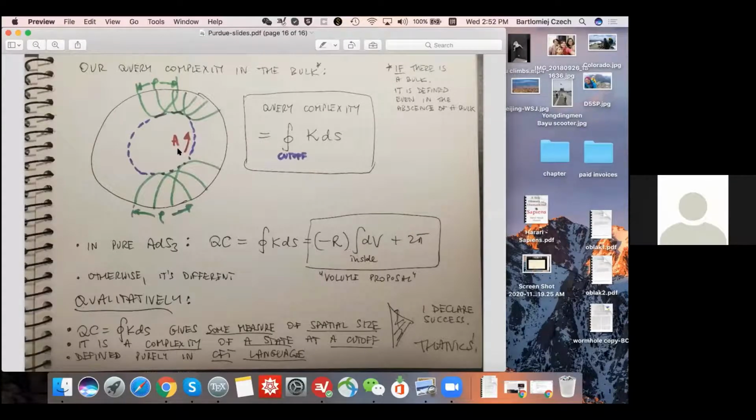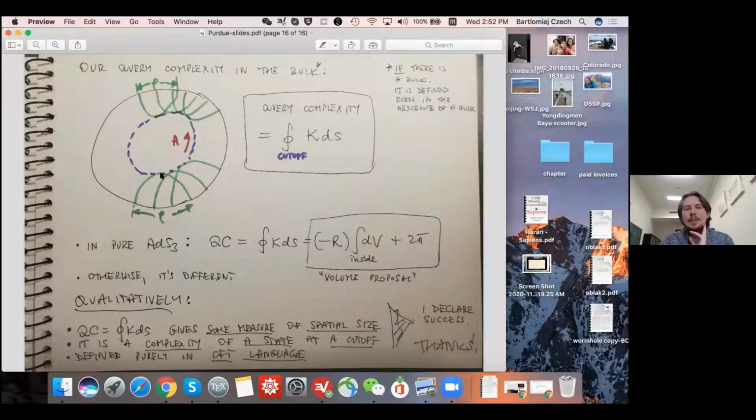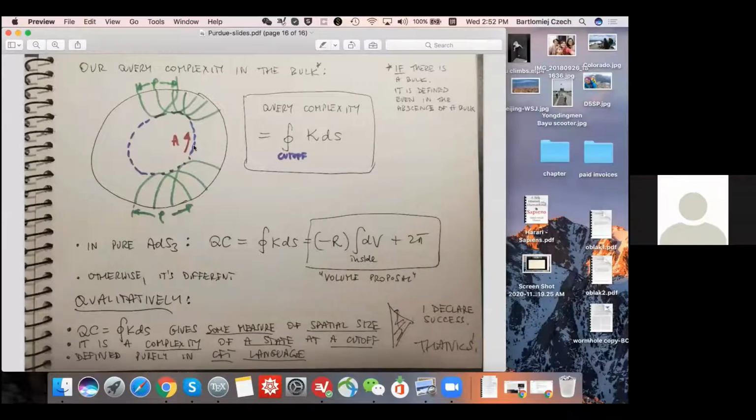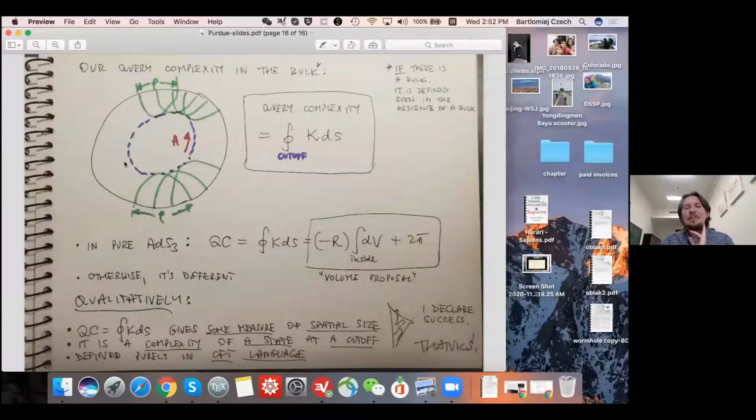So I don't have any further comment on this, except to say that this picture looks like some other thing as well, which is the construction of differential entropy. Okay. So I can offer a comment about how it's different from differential entropy, but about the n-partite reflected entropy, I haven't thought about this, so I don't know what to say.